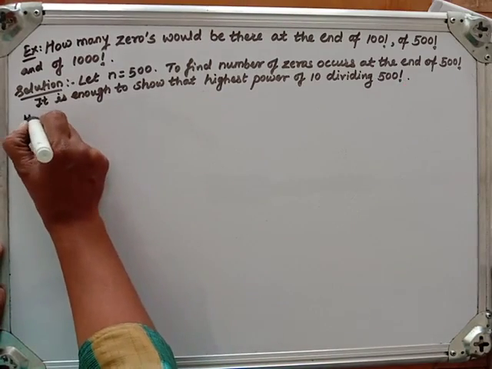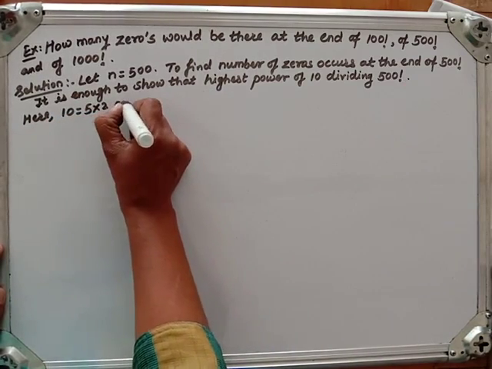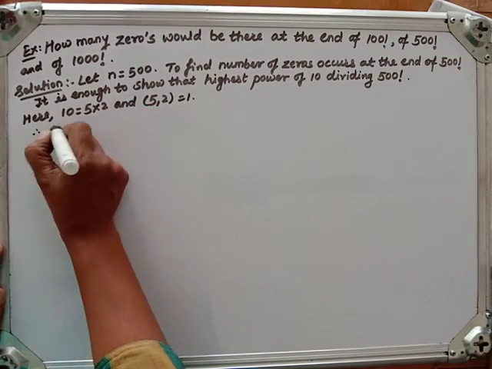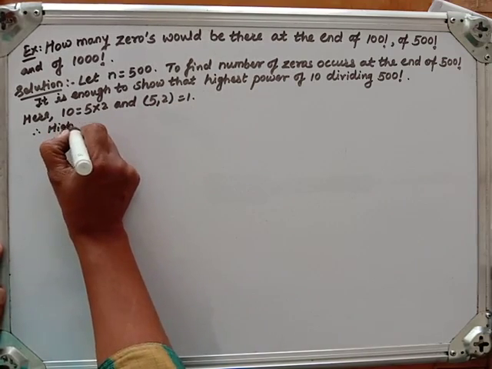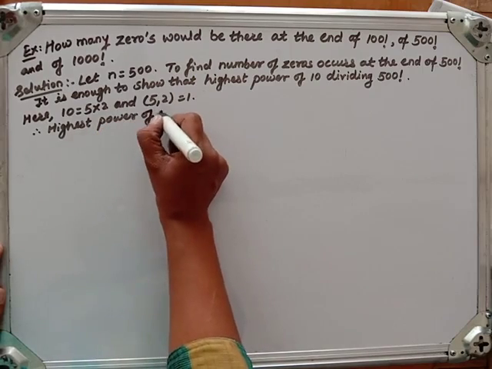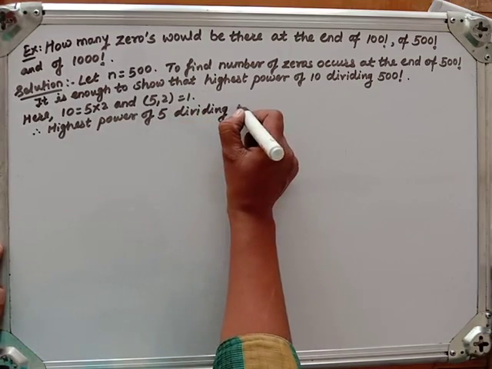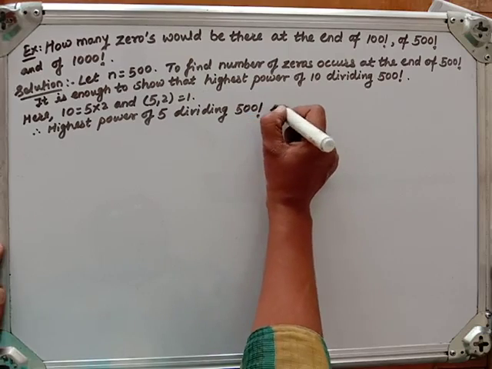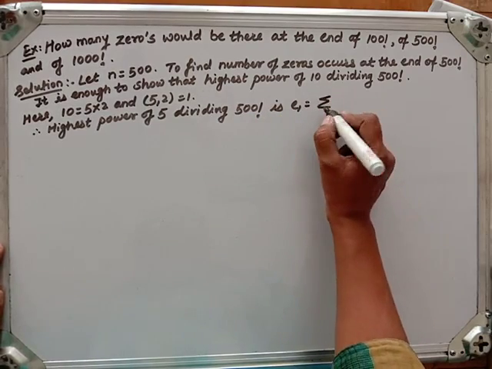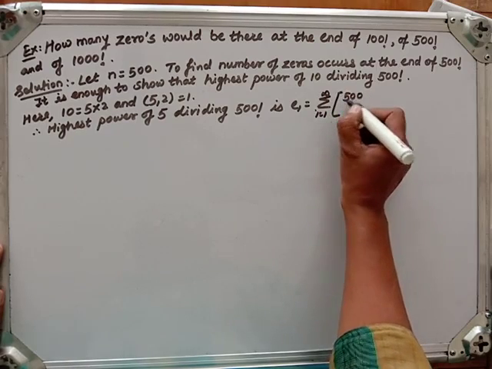So here 10 is equal to 5 into 2, and the GCD of 5 and 2 is 1. Therefore, the highest power of 5 dividing 500 factorial is E1, and that is equal to summation I goes from 1 to infinity, floor of 500 divided by 5